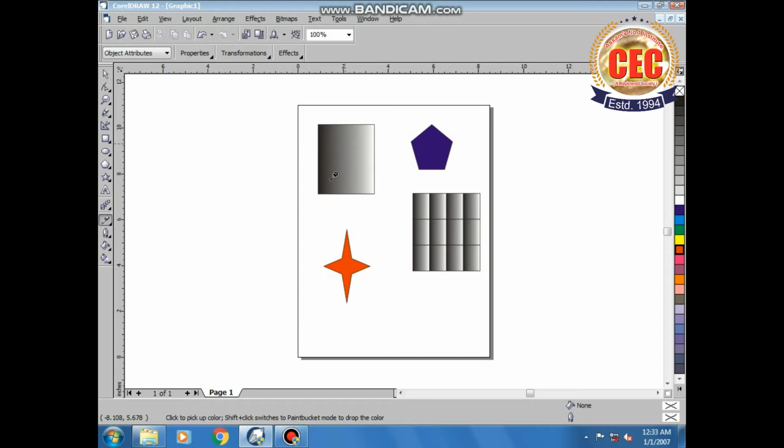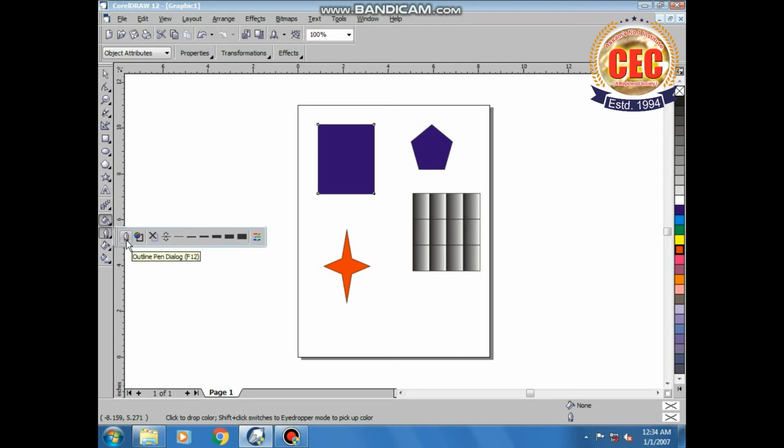So first of all I am selecting this pick tool. If I need to change the color of this square by filling this purple color to the box, first of all I am going to click on the color of this shape, and next we need to click on the paint bucket and click on the shape where we want to add the same color. This way we can pick a color from an object and it can be added to a different object or shape. So this is the use of the eyedropper tool.